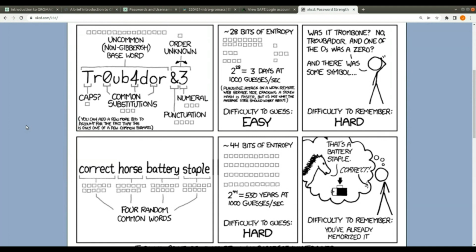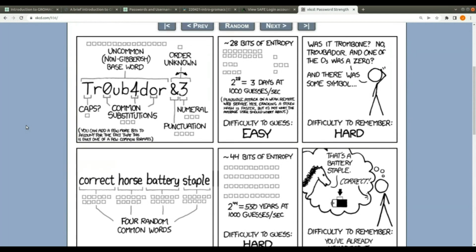But those are incredibly difficult for a human to remember. However, the amount of cryptographic additions you get from doing that makes it not necessarily that difficult for a computer